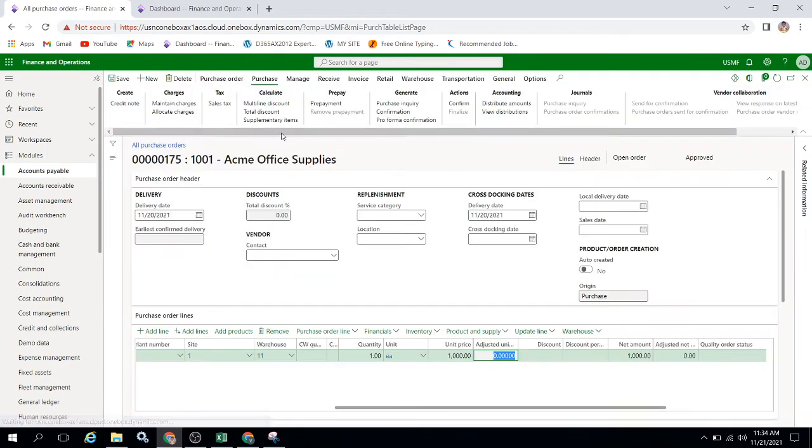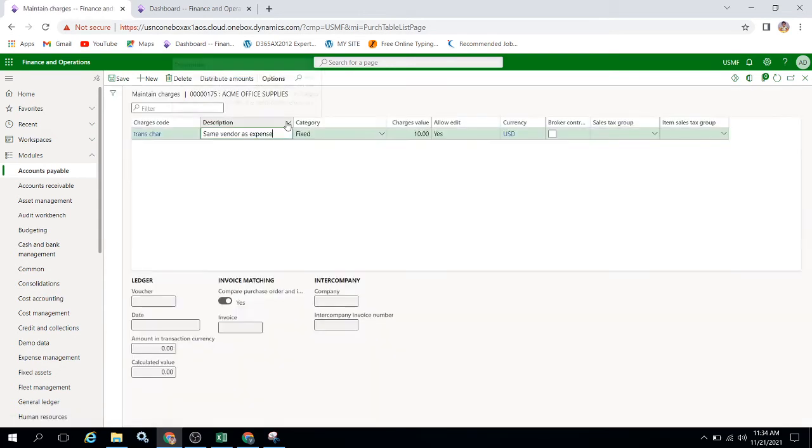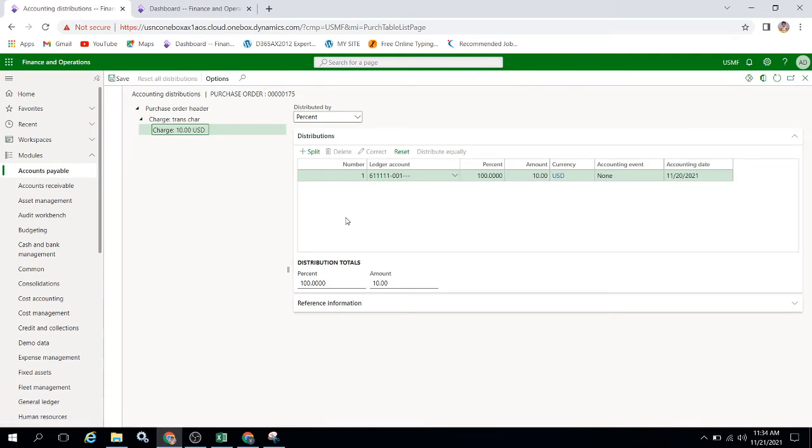And see, if I click distribute amounts for this charge code, see why this account is picked.